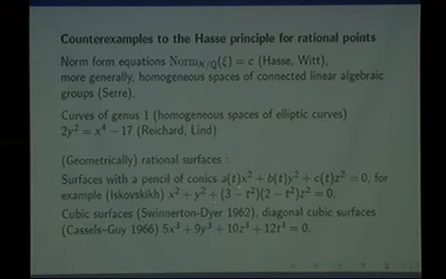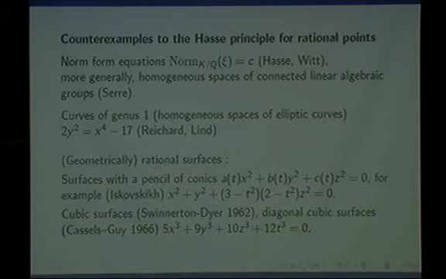So you have a 1-parameter family. T is the parameter of conics, like this one: x squared plus y squared plus (3 minus t squared)(2 minus t squared) z squared. This thing has non-singular solutions in all the completions of Q, but not in Q. This was 1970. And before that, there was a very tantalizing case, because cubic curves, of course, have been much